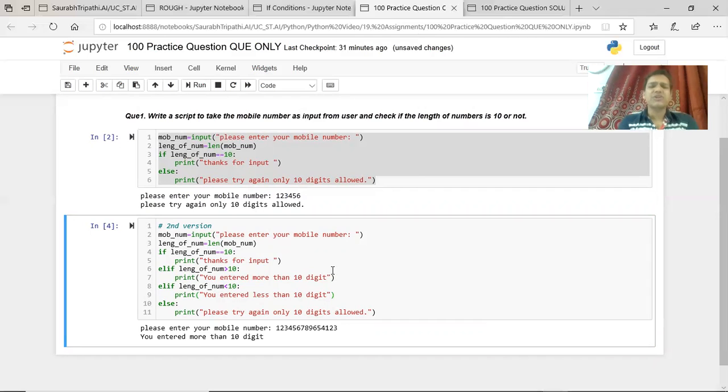So with each iteration you can improve the code. It is on you how much you can improve the code. You should always try to make a code as better as possible, and keep trying this and improve this. Thank you.